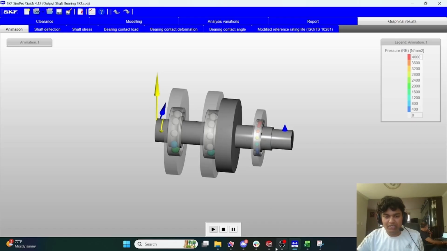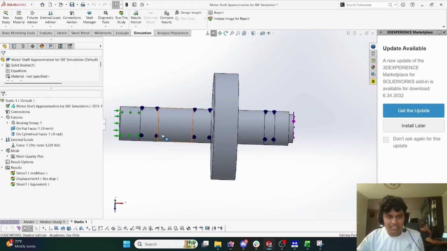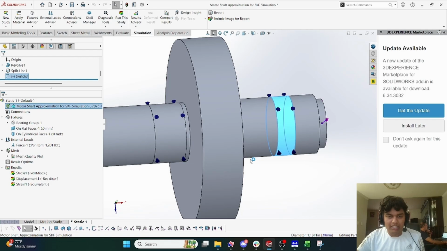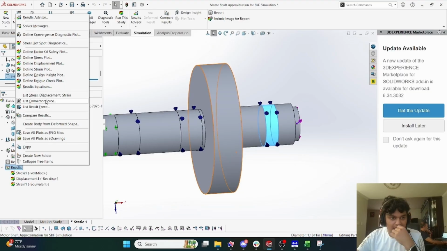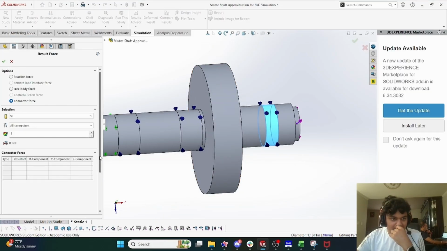And we verify that using SolidWorks. If I go over here to the static simulation, what I've done is input bearing supports, basically where the three bearings are, and I've approximated them as fully rigid objects. What I get is that if I go here and list the connector forces, this is bearing, what,